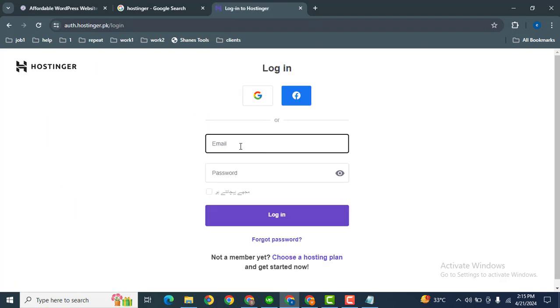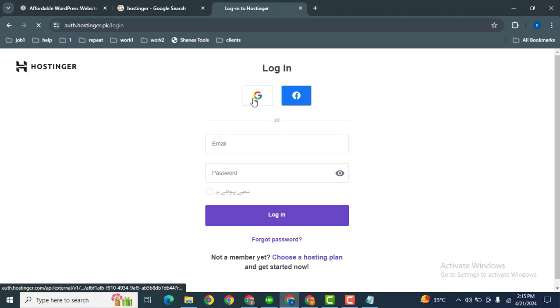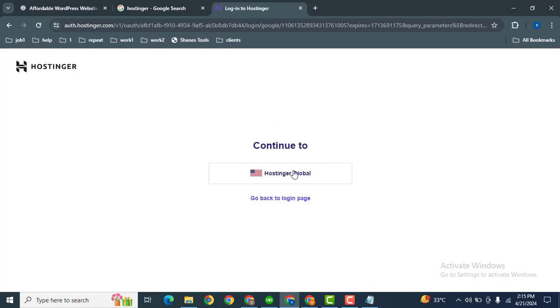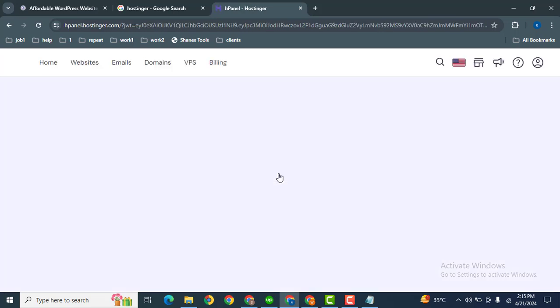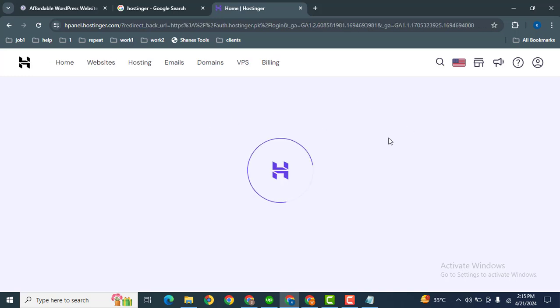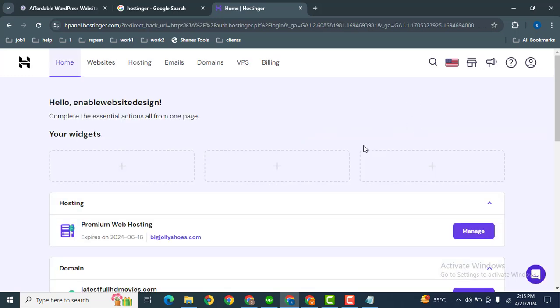And here you can easily log in with email and password. Also you can log in with your Google account. Simply click here and after that Hostinger Global. Now if you are getting any issues or if you want to install WordPress, how can you go to the